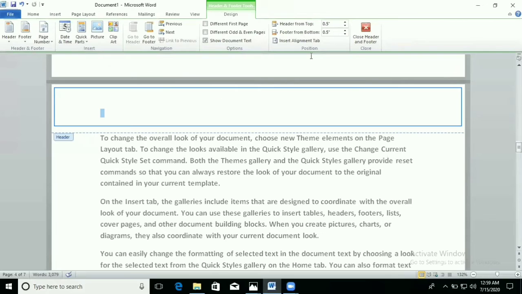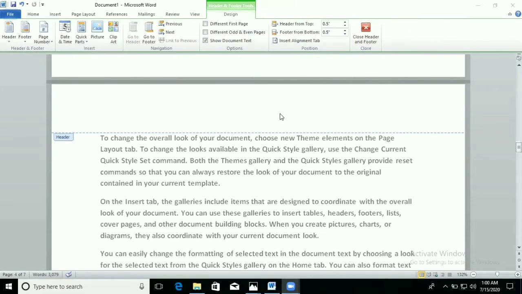When we double click on it, you can see Header and Footer Tools here, and under the Header and Footer Tools you can see the Design tab. By using the Design tab you can provide any header or footer.